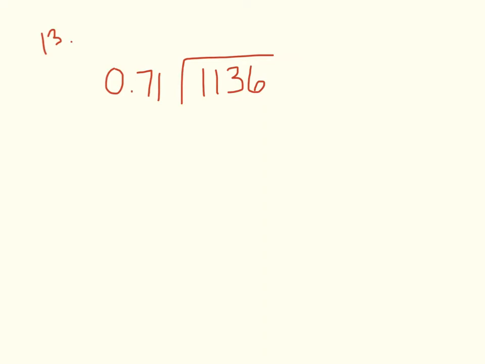I'm going to jump ahead to number 13 to give you a chance to do a couple on your own. Here again, I can either think I'm multiplying this by 100, so I multiply this by 100. When I multiply this by 100, it moves the decimal point over twice. When I multiply this by 100, I get 2 zeros. So I have 71 goes into